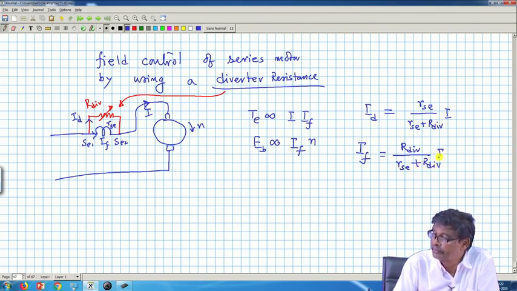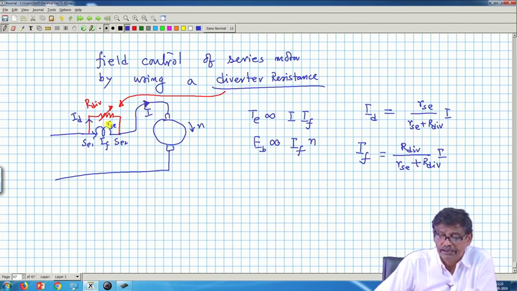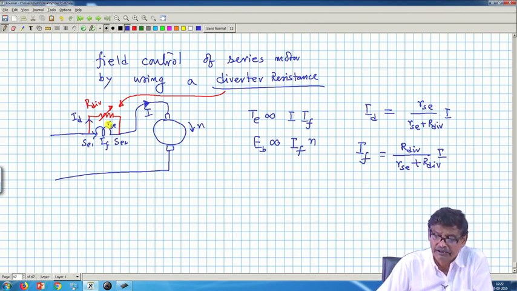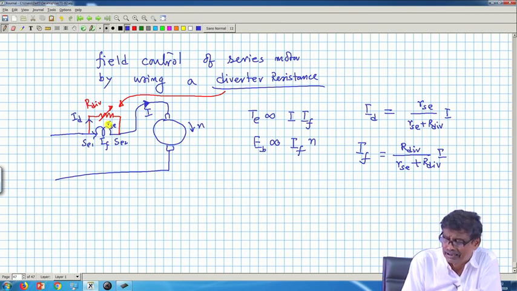Additional equations come. What is I? I is the armature current. So, this way also you can control the field circuit in the machine. There is another called tap field, we are not going into that. In that case, the series field has got several taps, 1, 2, 3 steps,